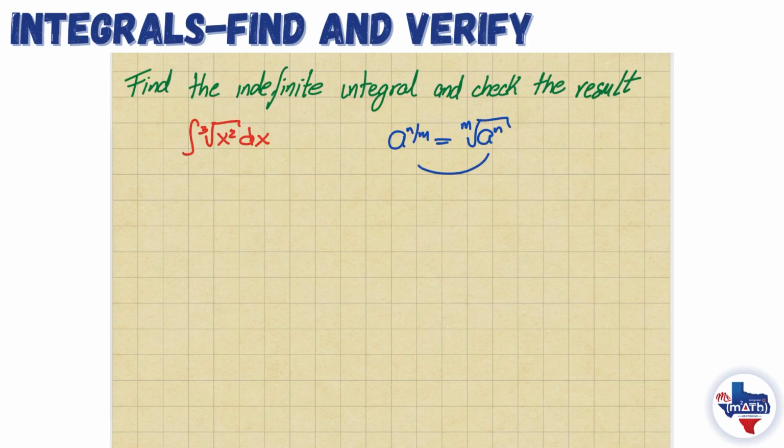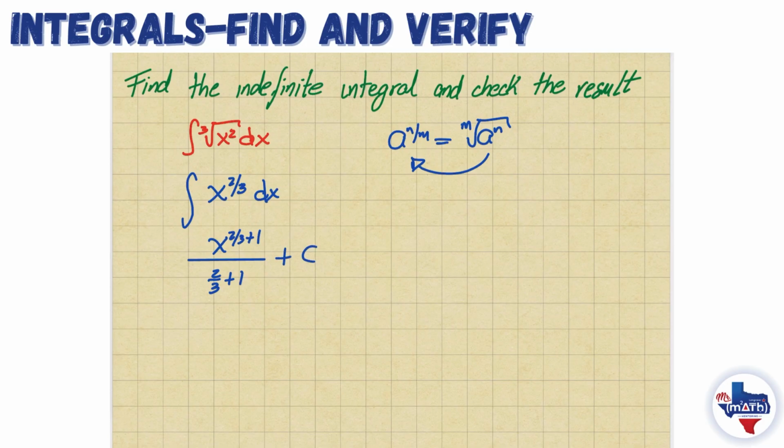What we're going to do is we're going to see this backwards. So this will be the integral of x to the 2/3 dx. Okay, let's apply the rule. We need to add 1 to 2/3 and we will divide by the same, by the 2/3 plus 1, plus